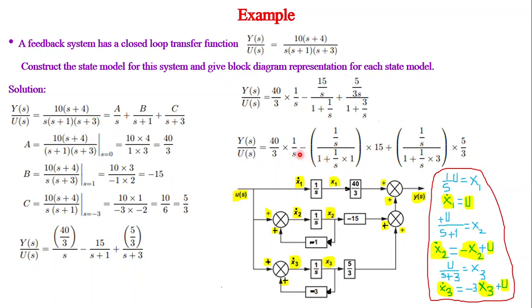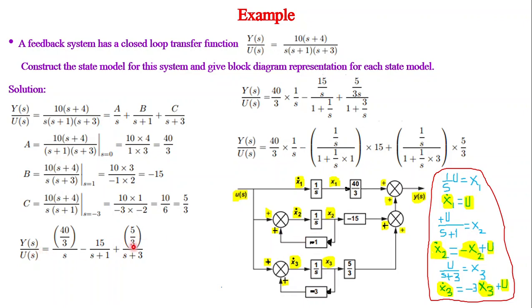What we can understand here is how we assign the state variables. Anyway, I have written this only for that form. We can write straight away from here; even these two steps are not required. So this is 1 by s, and u we are bringing to this side. So 1 by s into u is x1, so s into x1, that is x1 dot, is u. Here u of s by s plus 1 is x2. So s x2 is x2 dot plus x2. If x2 is brought to the other side, it is minus x2 plus u.